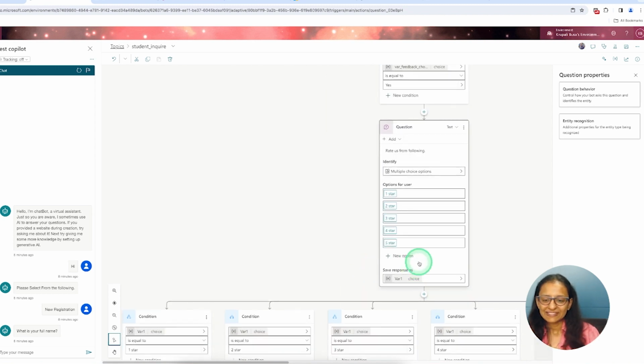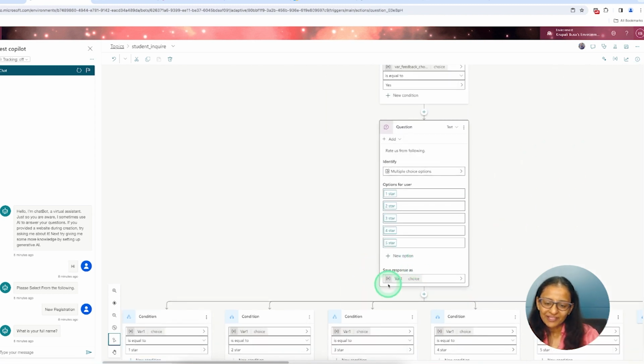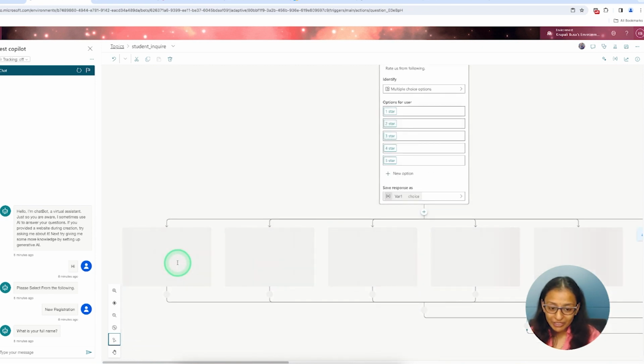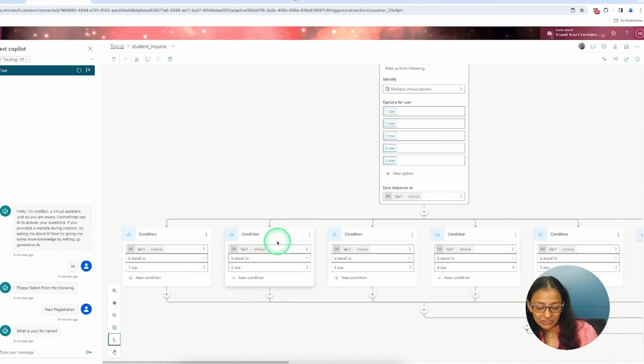Okay, so sometimes you can do something such that if the student gives 1 star, something should happen, and if the student gives 2 stars, something else should happen.